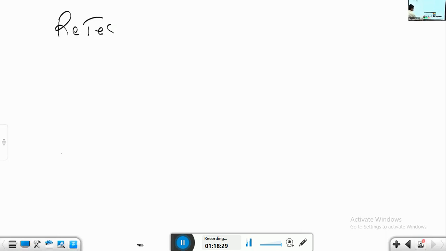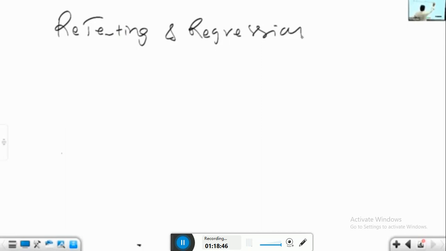I'll repeat. What is retesting and regression testing? Take it. Testing a functionality in the modified build, modified version,